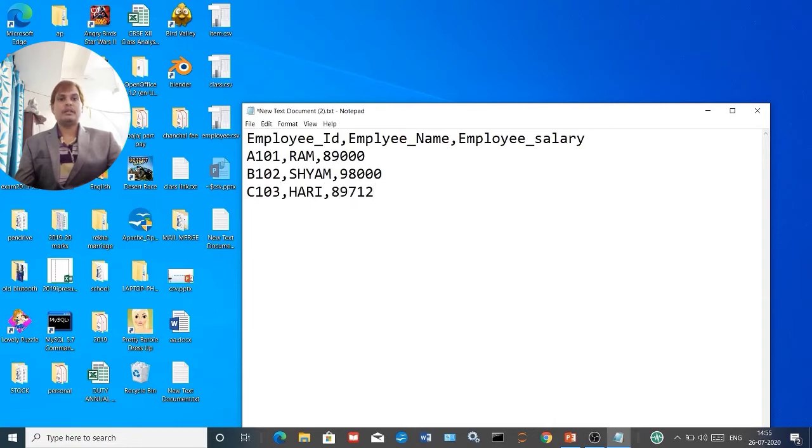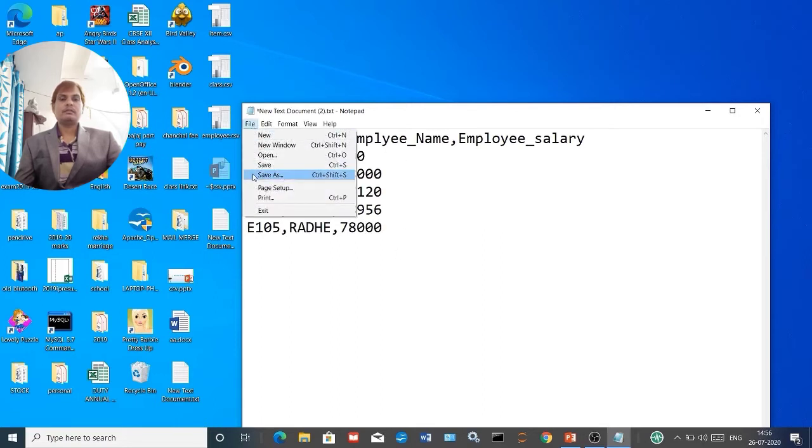Remaining all are data only, right? So this is data number 4, and let us enter data number 5 also. Right, so we have entered all the data and let us quickly save this file.